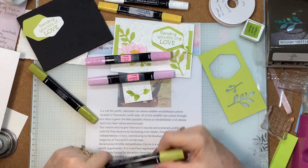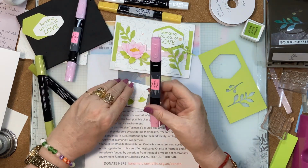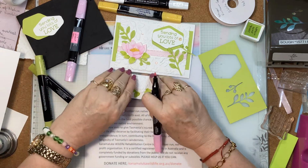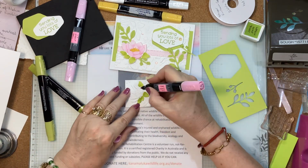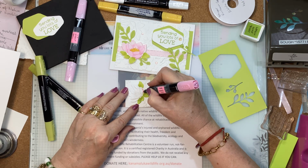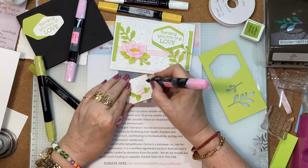Now with the pink, I'm going to do exactly the same thing. With the dark Bubble Bath, I'm going to do towards the center of each of the petals, or the base, whichever way you want to, whatever way you want to call it. So here's the base of this one, and the base of this one,